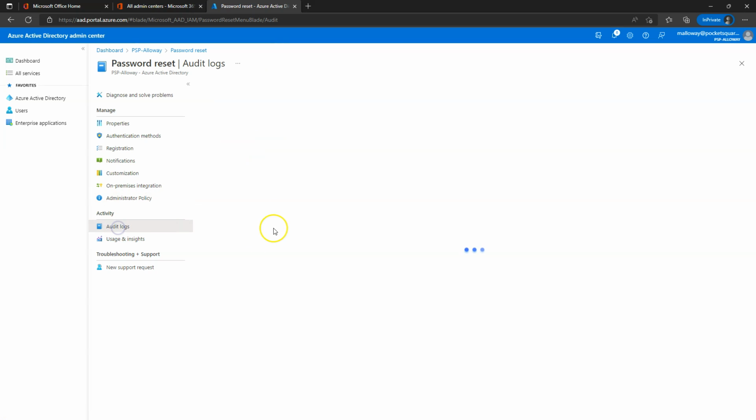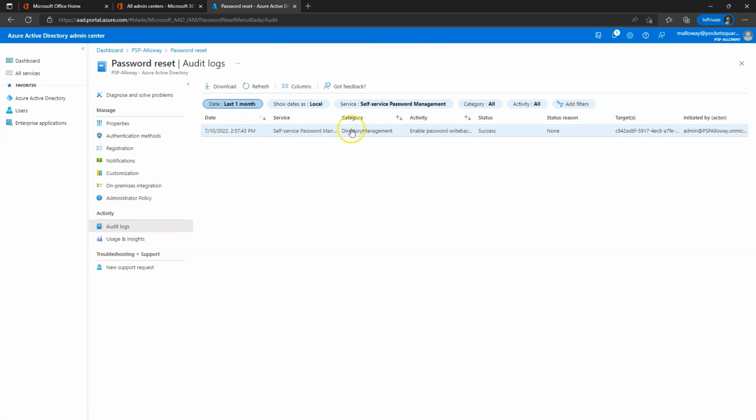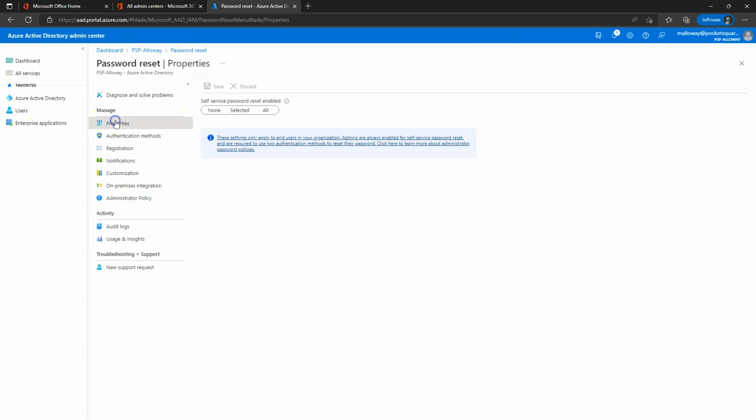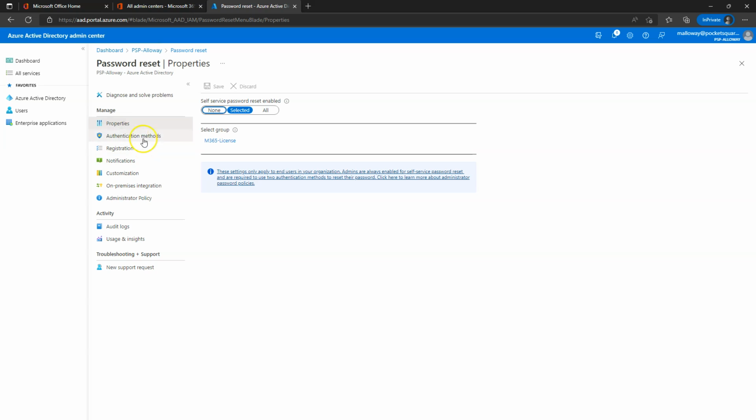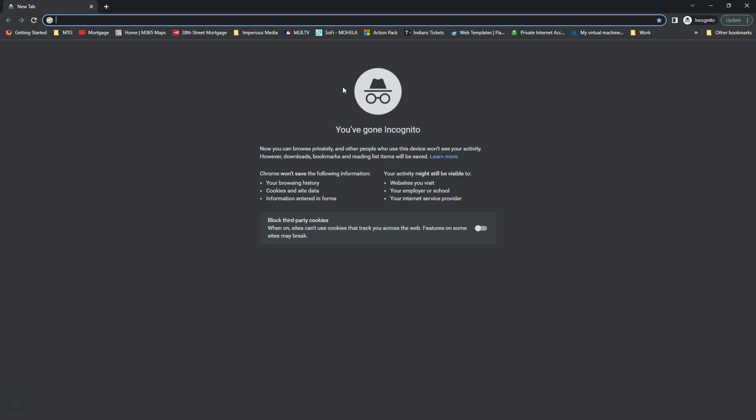Activity, as I said here, we have full audit logs. We can see that, hey, password has been done, and you can see it was initiated by the admin, which was done on premise. Okay, so self-service password has been set. So let's go ahead and test out what that experience looks like. And again, we're going to use Neil here in this instance. And we're also, hopefully, should have our company branding by that time as well. So we're going to go ahead and go to